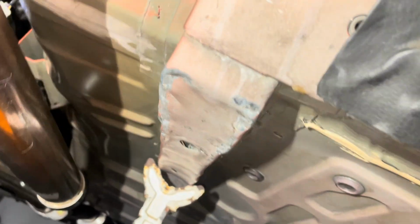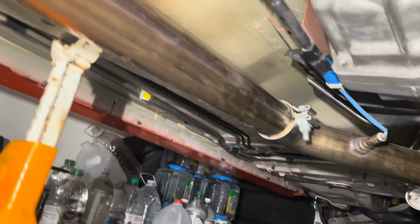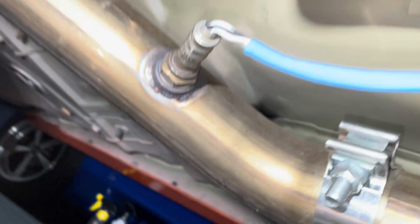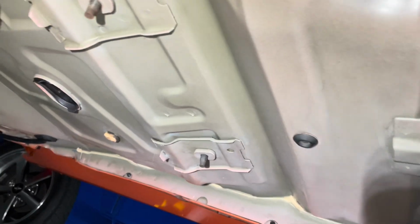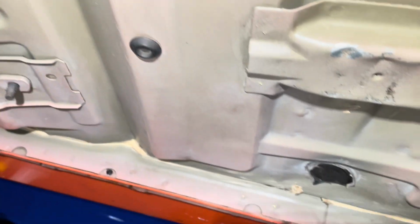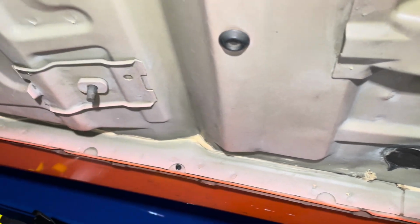So I just really wanted to go through here, and so I'll look all underneath here and show you everything I did. And you can see the transmission's nice too. It doesn't have all of the oxidation on it. A lot of times there's some pitting on the aluminum of those transmission cases from cars that are in very humid climates. So just very clean, nice look under here. And here's the floor pans, and this is what I'm very proud of. I think these turned out very nice. These look very clean. And I even went along the rim of the pinch weld here, and in the caulking, the factory